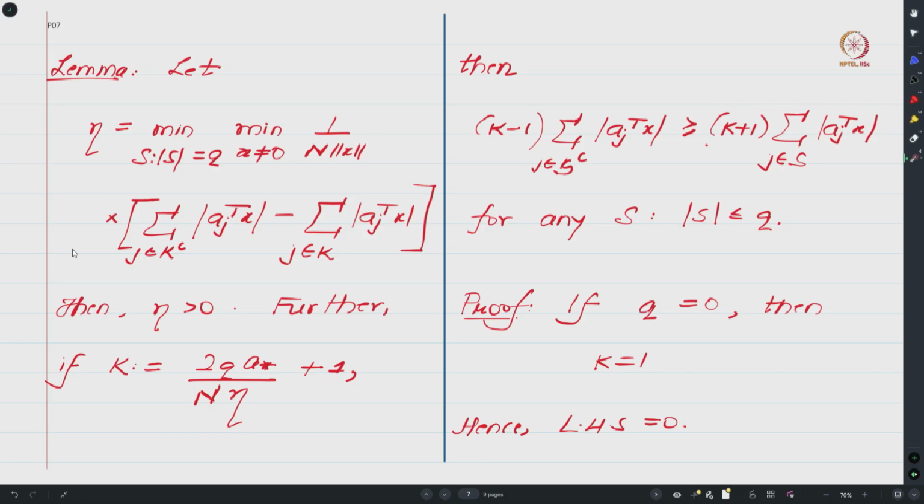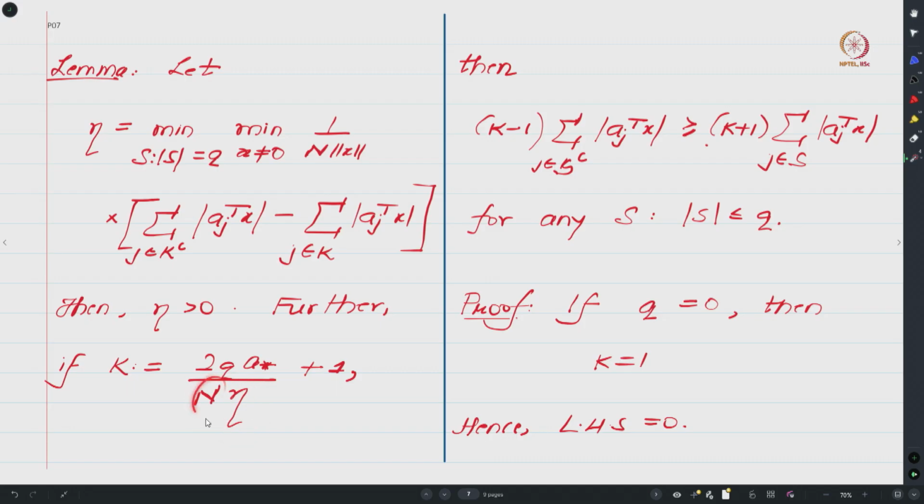So eta is some number, and the result says that whatever this eta is, it is strictly bigger than 0. Furthermore, if you define the constant k in this fashion, let us go over the terms here. There is 2 here, which is the number 2. There is q here; recall that q is an upper bound on the number of adversaries, and we presume that q is known. And A star is again an upper bound on the norm of your AJs, divided by n